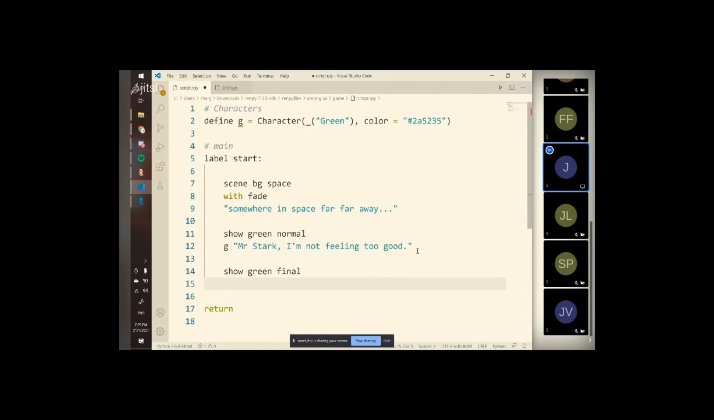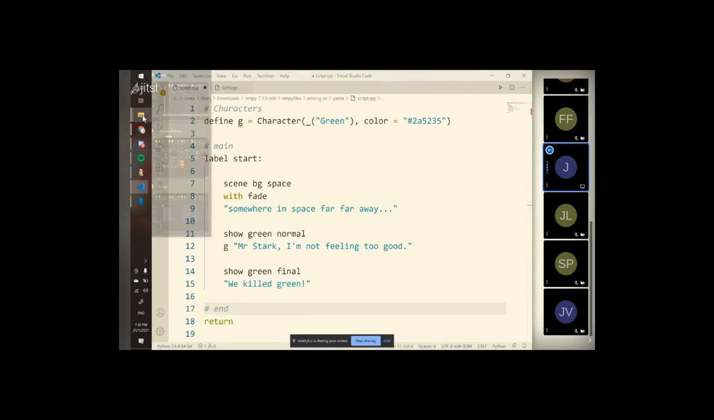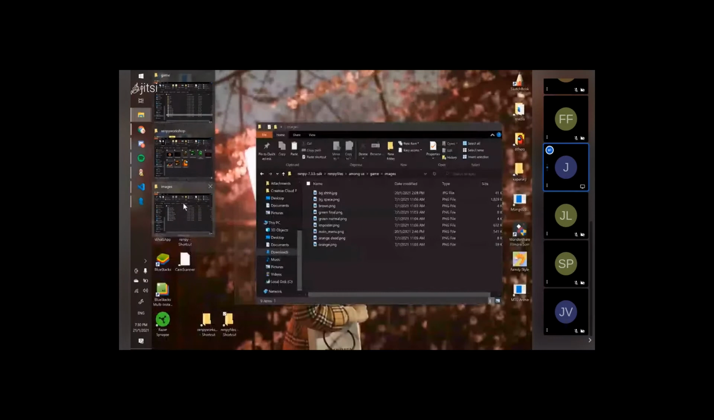So these are just some simple dialogues. You can add anything that you like, but this is what we have now. And another thing we can do now perhaps is to